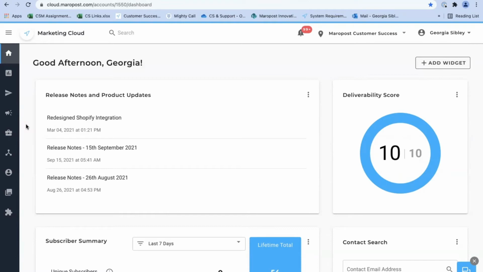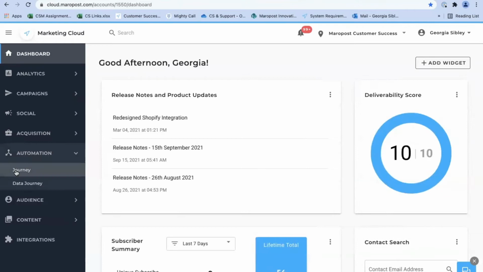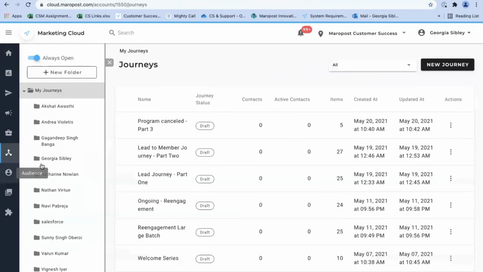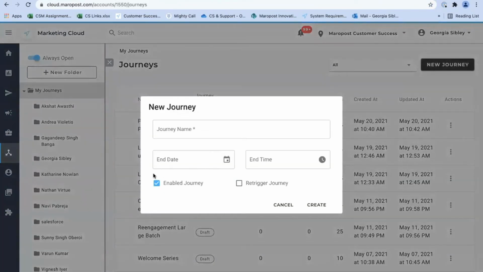As you can see, I am in the customer success account. To get to automations, go to the left navigation bar, click on automations, and then journey. Once on the journey index page, you can click new journey in the top right. You can name your journey. So for this one,